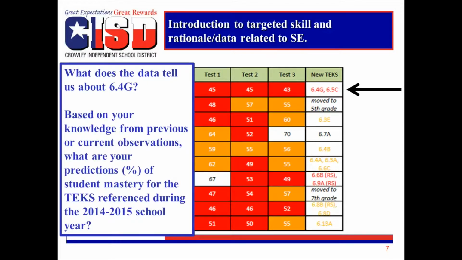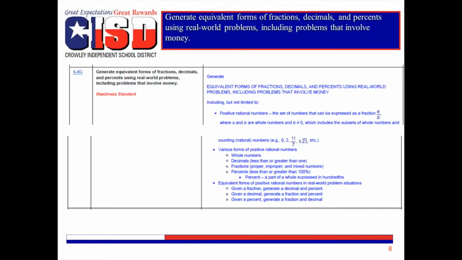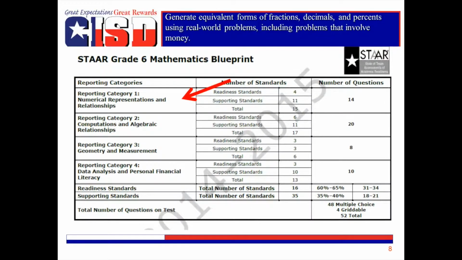Based on your knowledge from previous or current observations, what are your predictions of student mastery for the TEKS referenced during the 2015 school year? Now let's focus specifically on Readiness Standard 6.4G as identified on the heat map on the previous slide. As you can see, this is a readiness standard. This standard is part of Reporting Category 1, Numerical Representations and Relationships, which makes up about 27% of the STAR